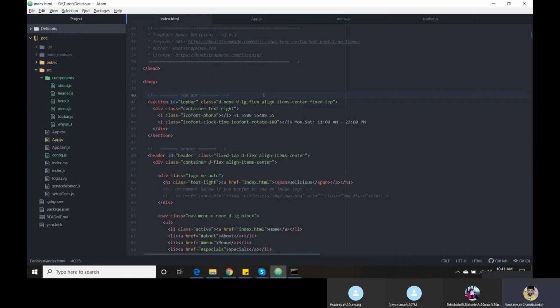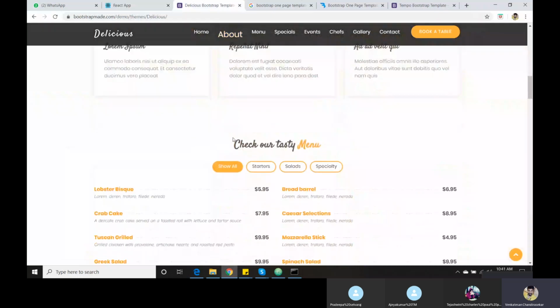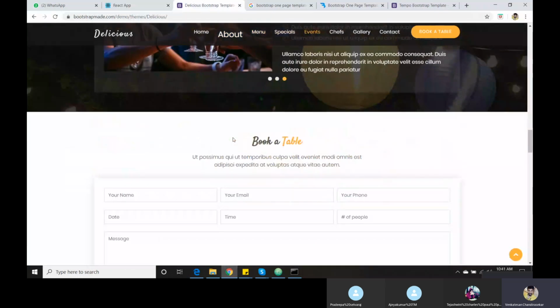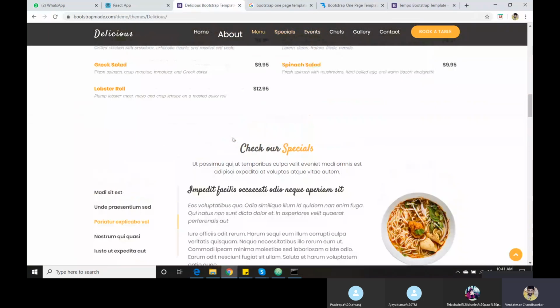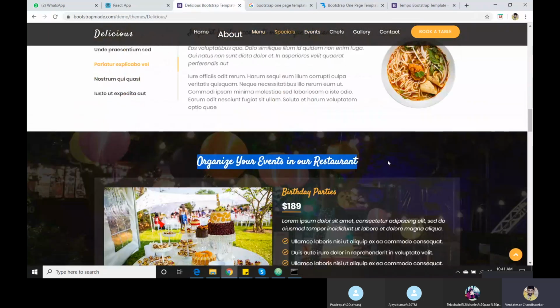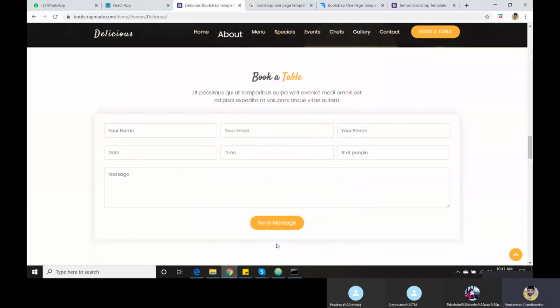Then we will directly go on. So far we have done so many components, so you get an idea how to create a component. Now I don't need to create another component like check our specials. I'm directly going to do this form. The particular reason is that we need to know how front-end validations are done. This is a crucial part in React.js.